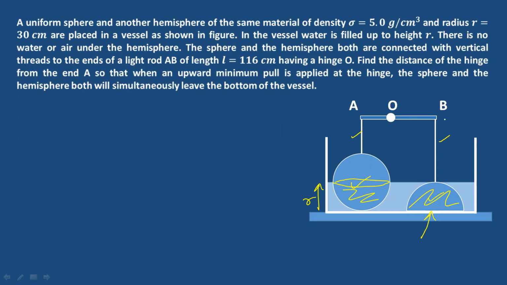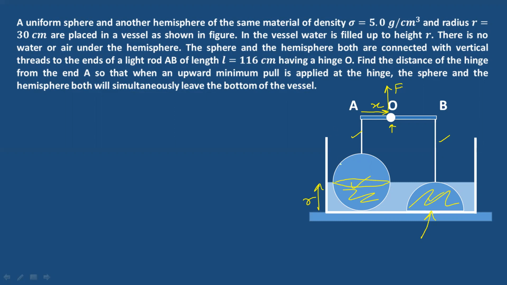So here you have a light rod AB of length 116 centimeters having a hinge O. So this right here is a hinge. Find the distance of the hinge from the end A. So you're supposed to find this particular distance. Let's call this distance X from the end A, so that when an upward minimum pull is applied at the hinge, so you're pulling at this hinge with, let's say, certain force F,